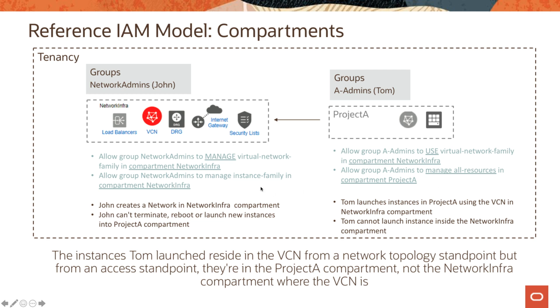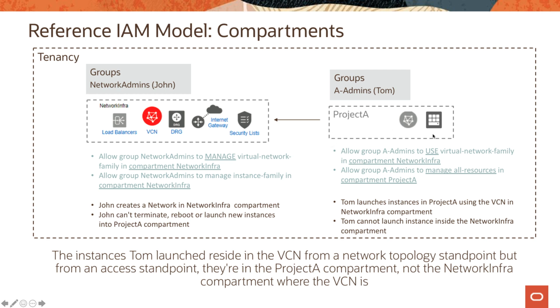So with this setup in place, you can do things like John, who's a member of network admins, can create VCNs and other network elements, including subnets, etc., DRGs, internet gateway, all of those things in this compartment. So now these network resources are in place. But since John does not have access to anything in Project A compartment, John cannot terminate, reboot, launch any instance, or do anything